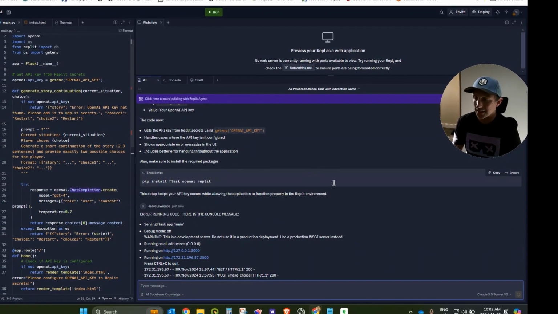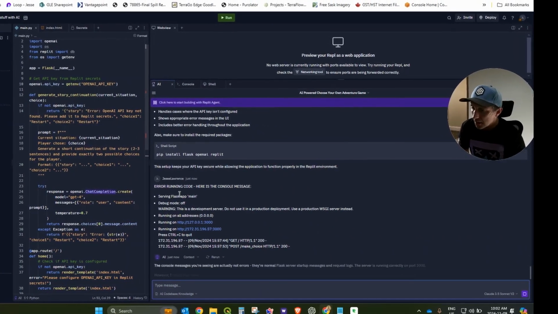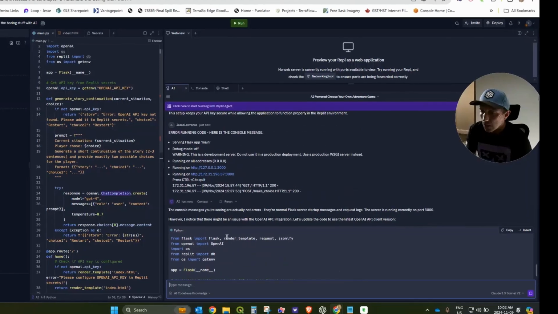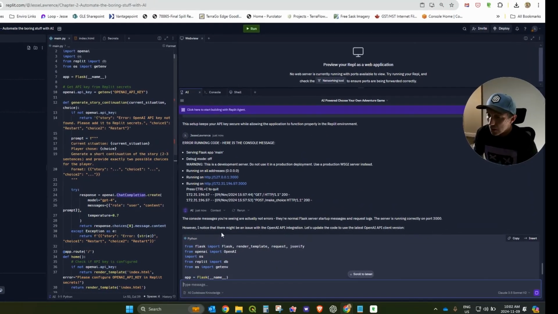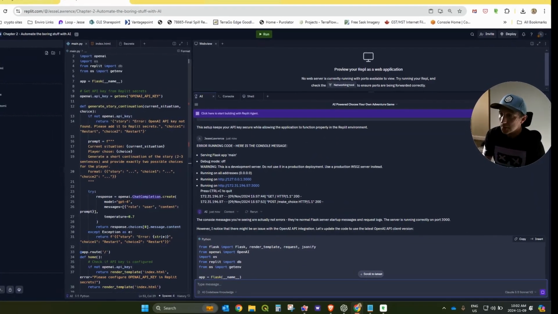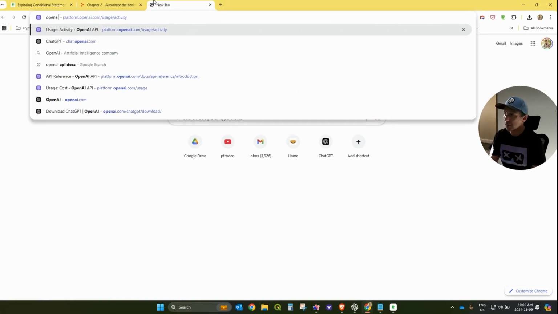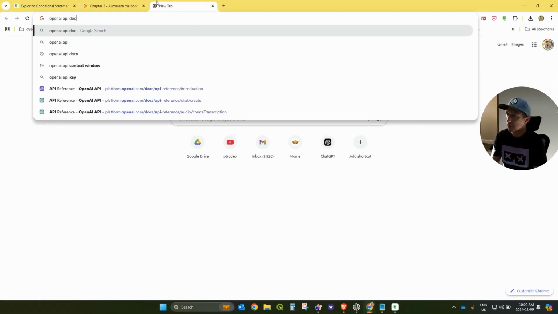I'm guessing it's something to do with the API key here. So let's just look at the OpenAI API docs.